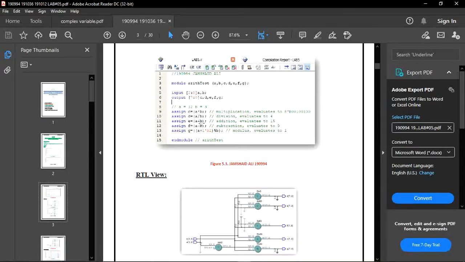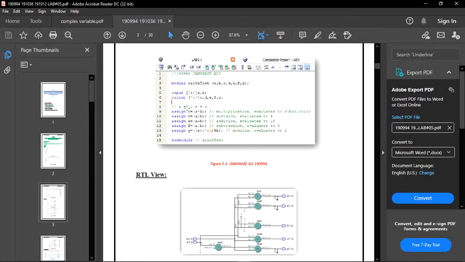After it we are assigning different conditions for our arithmetic operations. In the first operation, if A times B, then our value becomes the 8-bit 00100100. If A divided by B, then the division operation will perform and evaluates to 4.